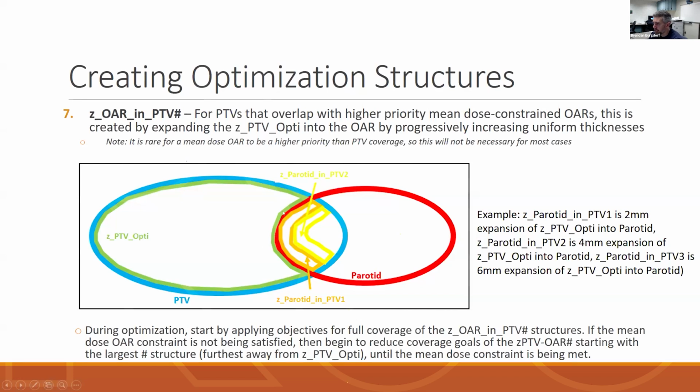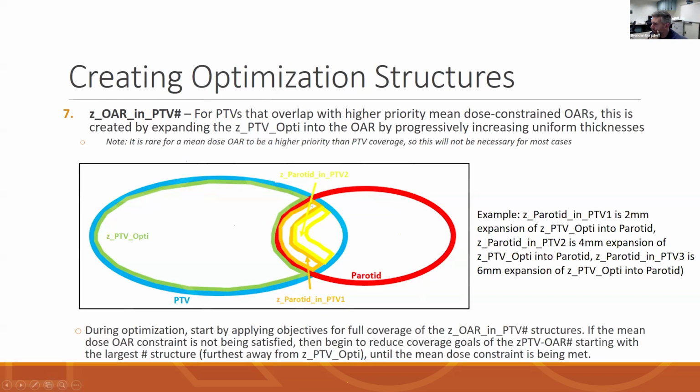by uniform thicknesses. So here's a 2 millimeter ring expanding off of the ZPTV Opti into the parotid. And here's another 2 millimeter ring expanding even further into the parotid. You can continue to do this depending on how much overlap you have between that mean dose constrained OAR and the PTV. The way you would use these during optimization would be to start by applying